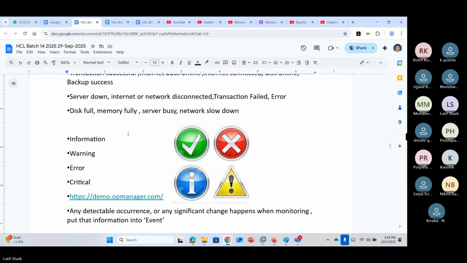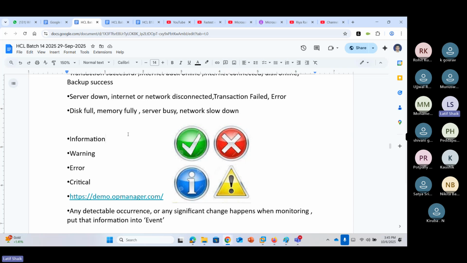Then there are warnings. Warnings are generated, for example, when the disk is about to fill or crosses some threshold. The load on the server should be only 60%, but now it is 70%. It has crossed the limit, so it is a warning. The server is running, but the load is very high.